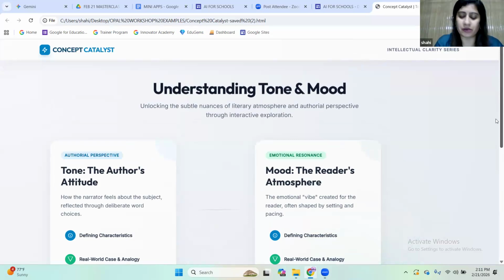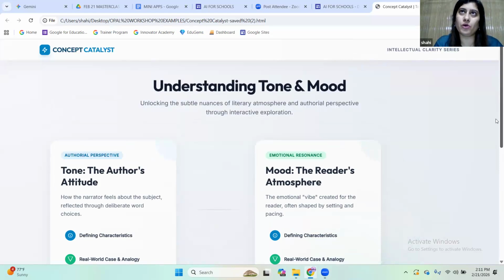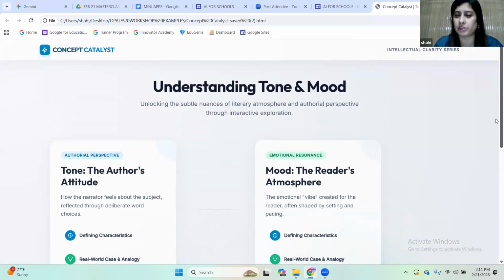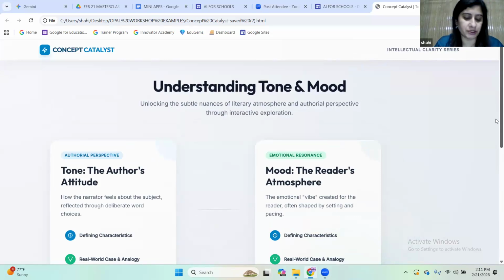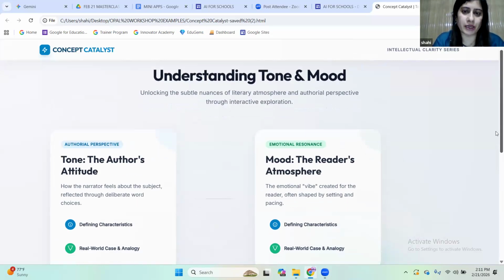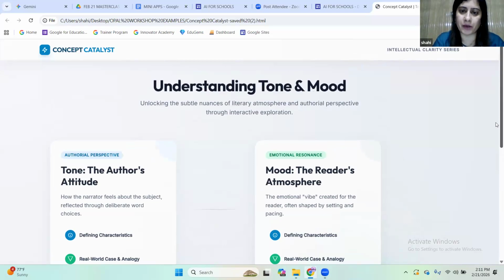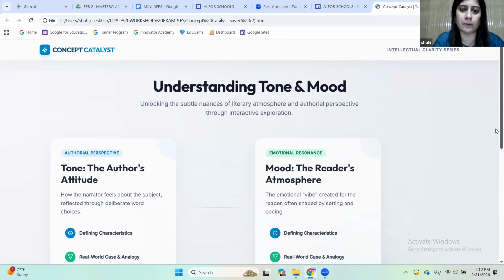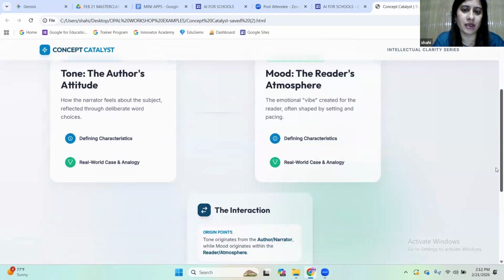Okay, so I have tried out these apps. It gives the option of exporting the output in the form of Google Docs, Sheets and Slides, but the best output right now is in the form of a web page, which it creates. So as you can see, this is the Concept Catalyst app output which I have created. I gave it a document regarding tone and mood in literature and asked it to do a comparative analysis.